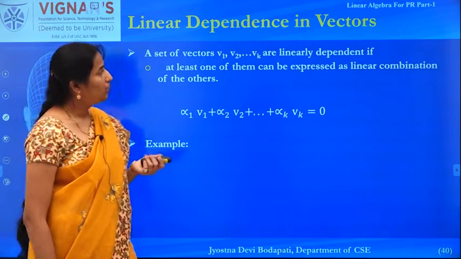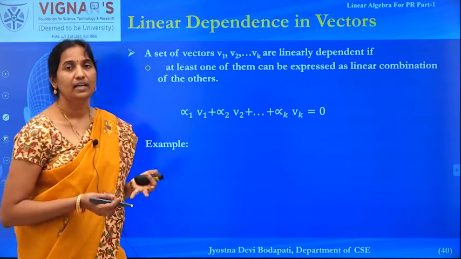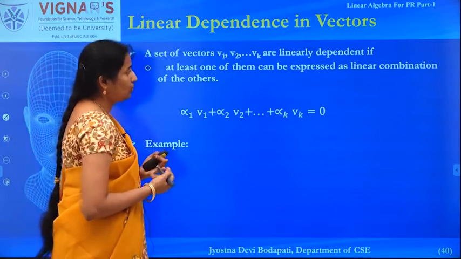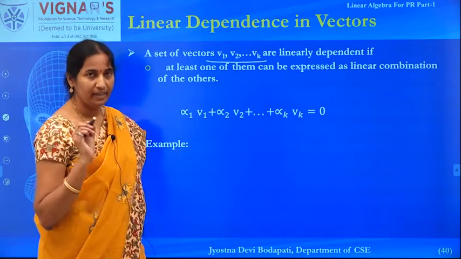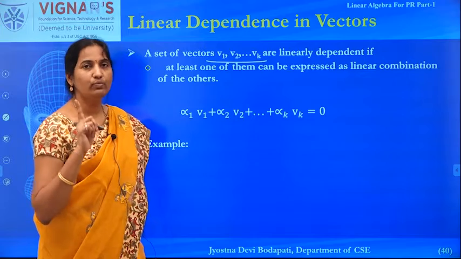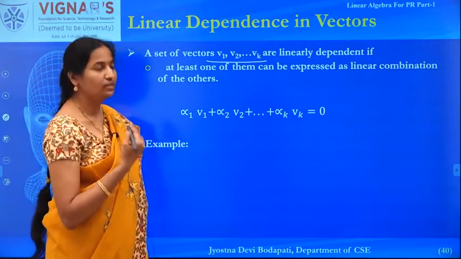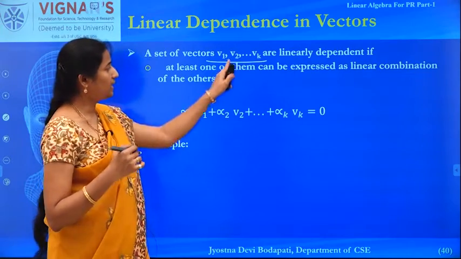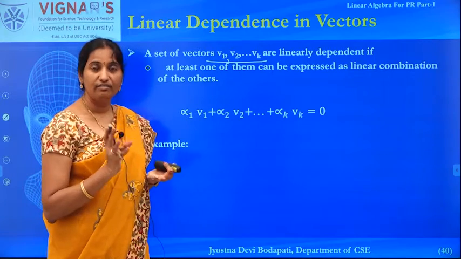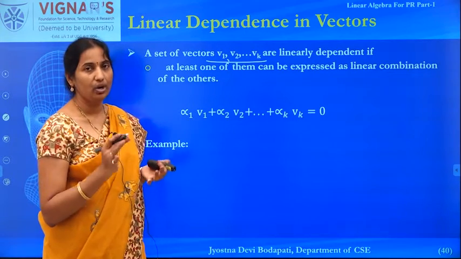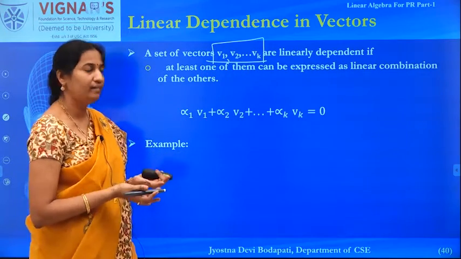Now let's see what linearly dependent vectors are, and when we can say that vectors are linearly dependent. If you consider any set of k vectors v1 to vk, they are called linearly dependent vectors when you can write at least one of these vectors as a linear combination of the other vectors. We already understand what a linear combination is, and if any one of these vectors can be written as a linear combination of the others, then you can call such a set of vectors linearly dependent. In other words, they are not independent vectors, they are dependent vectors.